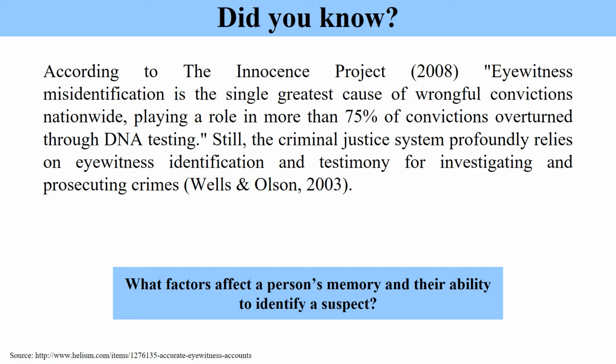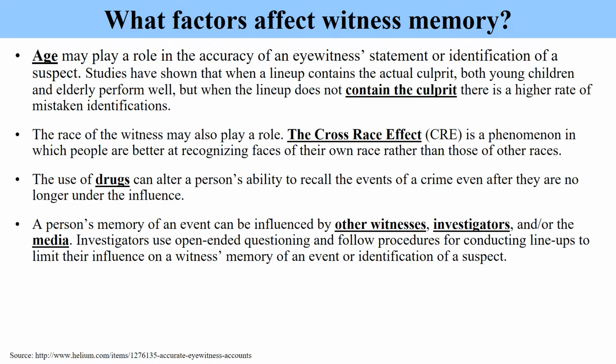However, we still rely a lot on eyewitness identification for investigating and prosecuting crimes. So, what factors affect a person's memory and their ability to identify a suspect? Let's look at this. Age may play a role. Both young children and elderly perform well